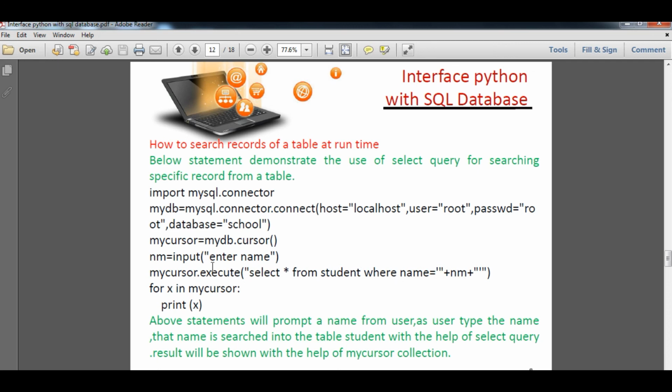Here again you can see nm is a parameter we are passing, so that's why we have used alternate single quote, double quote.